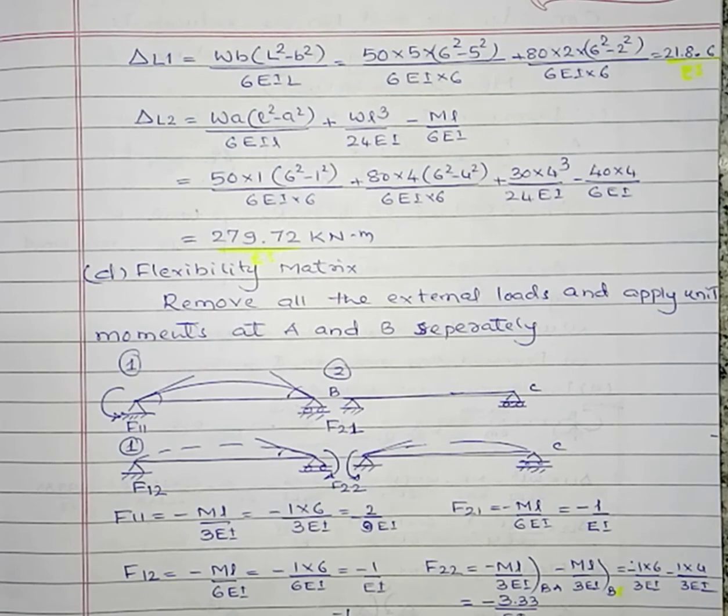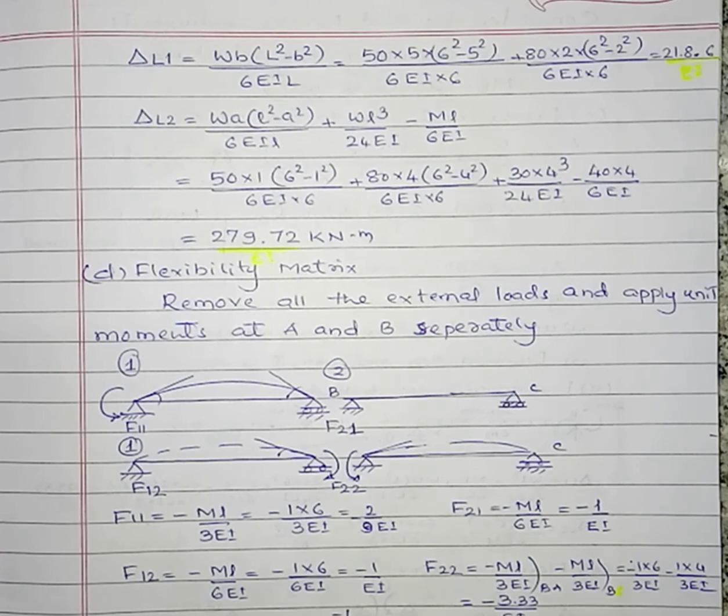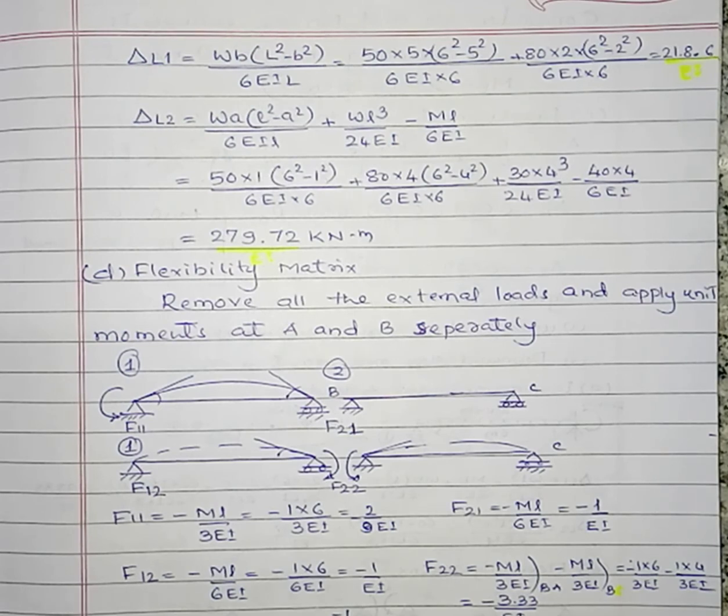Here this one is 79.22, that is MA, the hogging moment at support B. This one is MB, that is 61.15 kilonewton meter, that is also hogging. At C we already know the value of moment. This one is MC, that is 20 into 2, that is 40. This one is hogging, this one is also hogging. The sum of the moments at joints B and C must be equal, hence both are equal. Here also both the moments are equal.